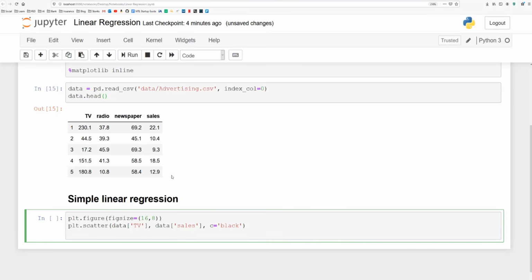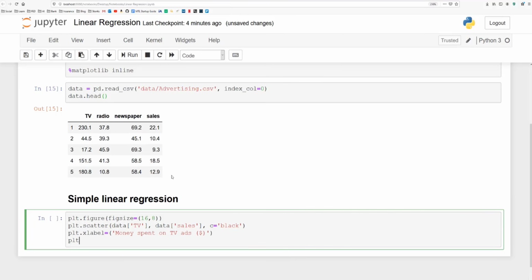Afterwards, I'm just making my plot a bit nicer. So I just specify an x label. It's going to be money spent on TV ads, and the units is money, so just $. And then plt.ylabel. Actually, no, I do not have to put an equal sign here. I need to remove that. All right, perfect.